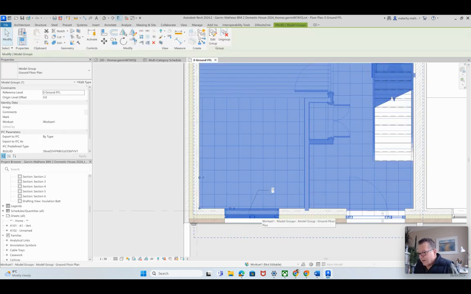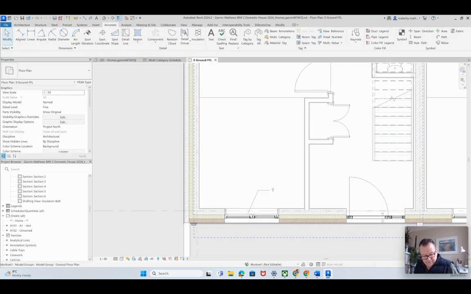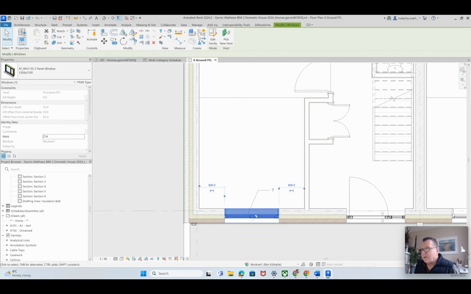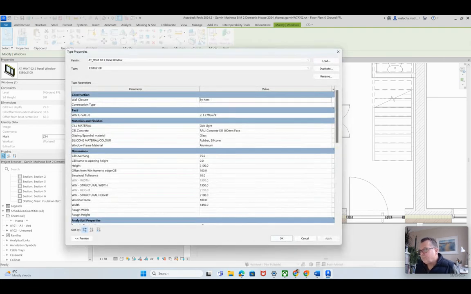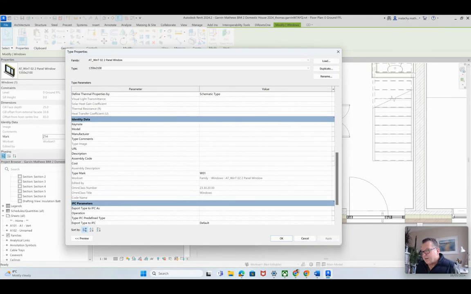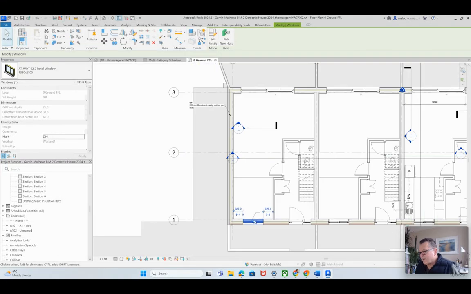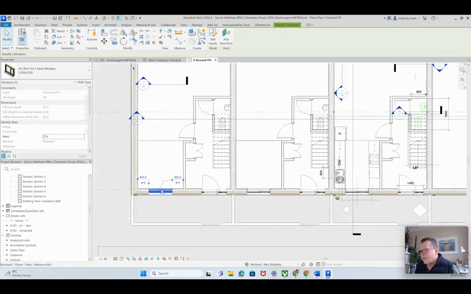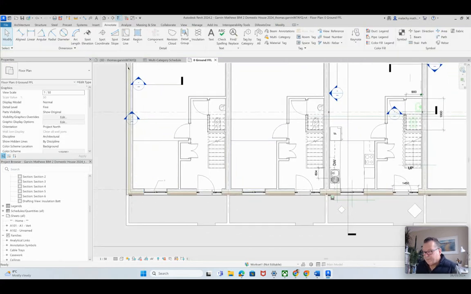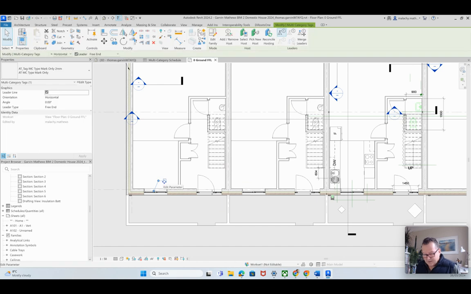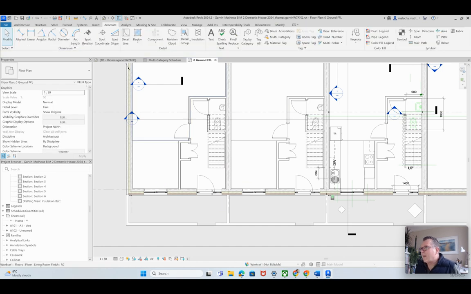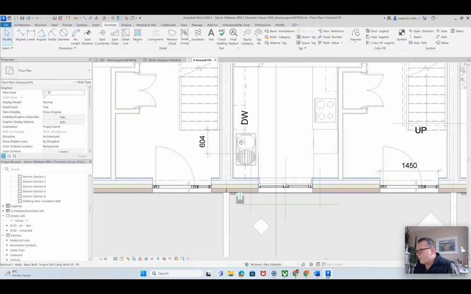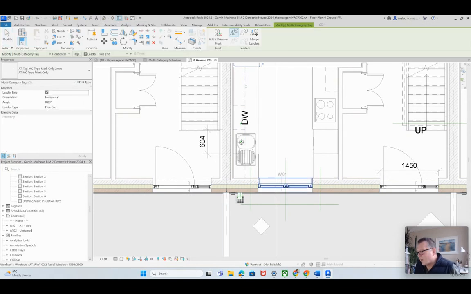Let's pick the window here, tab. All right, I'm going to edit type. And you can see, oh, there is a type mark associated with that. Oh, do you know what it is? I wonder, is that a group that Tom brought over? If that's the case, then let me just delete that, and I'm going to do it again. Let's go in down to the main project that you're working on here,